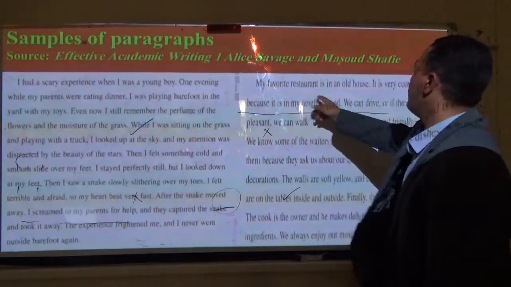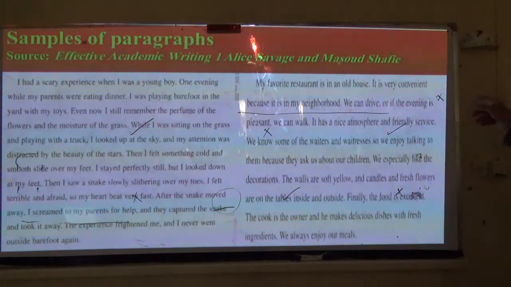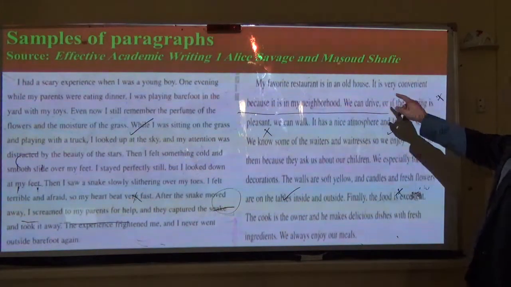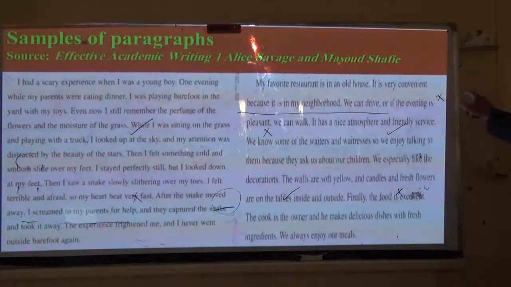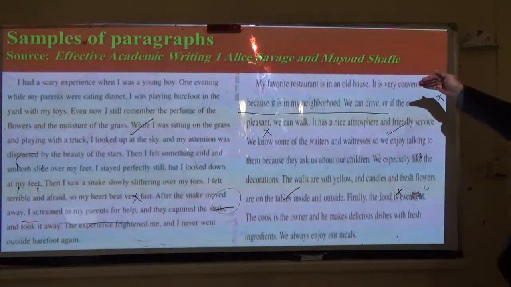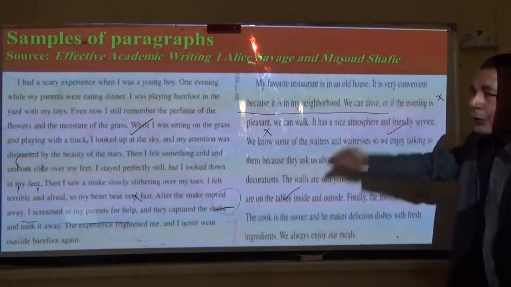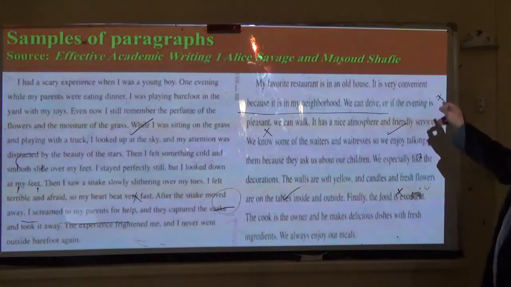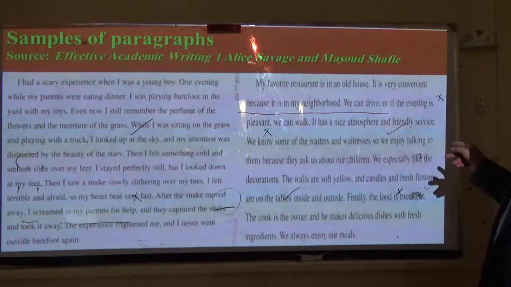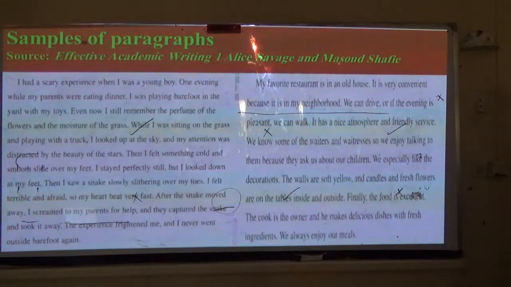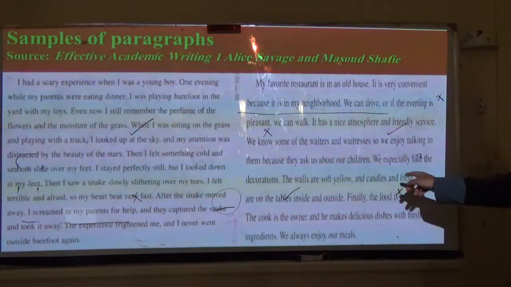If we look at this one, my favorite restaurant is in an old house. This is the topic sentence. Then you start using supporting sentences. It is very convenient because it is in my neighborhood. We can drive or if the evening is pleasant, we can walk. It has a nice atmosphere and friendly service. We know some of the waiters and waitresses, so we enjoy talking to them because they ask us about our